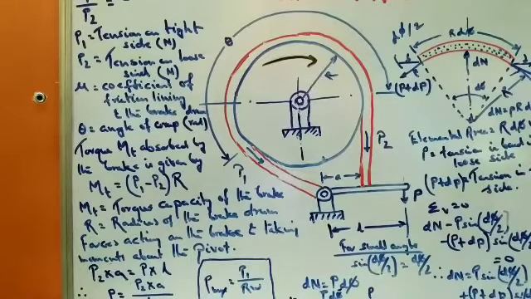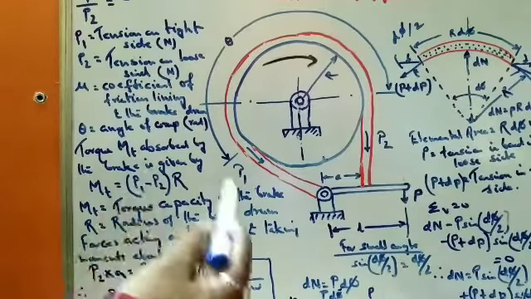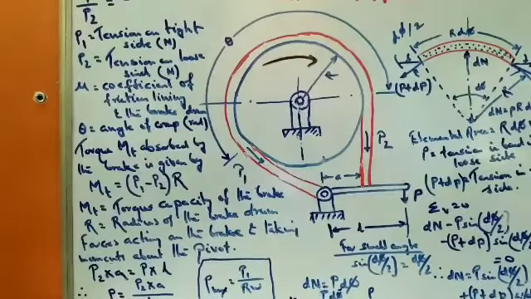So the band brake can be assumed as a flat belt where the transmission is zero, where the rotating drum velocity is zero. So the band brake can be assumed as a model of the flat belt having zero velocity. It is not transmitting the motion, rather it is stopping the motion. Now if you consider the model of the